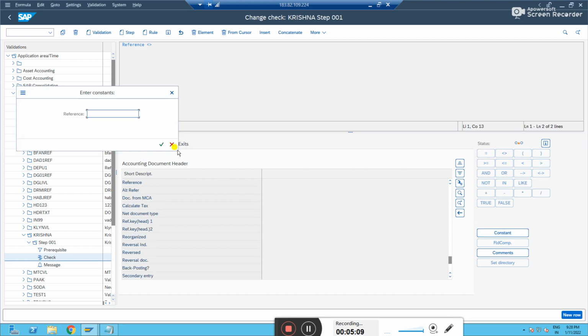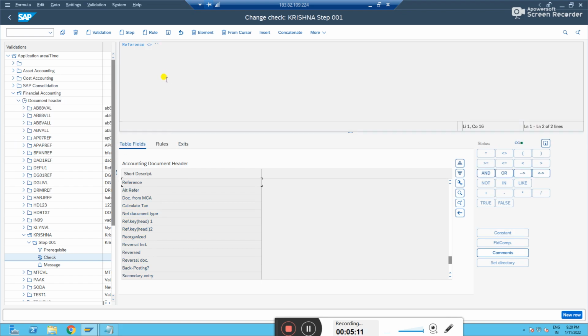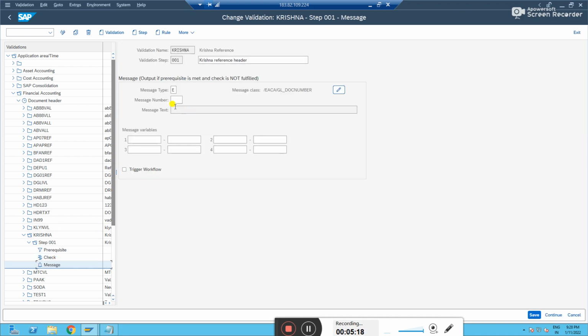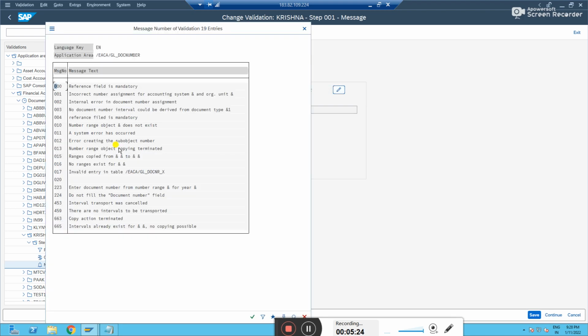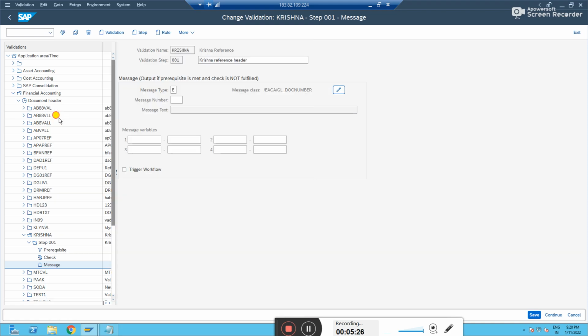And give the constant, not equals to. If the reference field is blank, it should give an error. Let me go to the messages. If you want, you can create your own message here. I've already created one for reference 004. Let me click on the save button. See, the validation is saved.